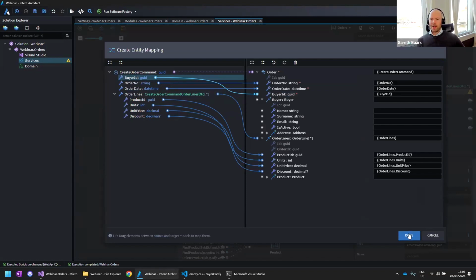So I've gone and created that. By the way, that warning we got over there, you wouldn't have picked that up at compile time. You would only have been able to pick that up at runtime. And that's something we've been able to do with Intent Architect: we've found ways to validate certain scenarios so that those things are picked up before they even go into the code base, and would only potentially get picked up at runtime. And as you guys know, if that gets missed by the developers and then maybe missed by the QA or UAT team, then we all know where that gets picked up later, right?